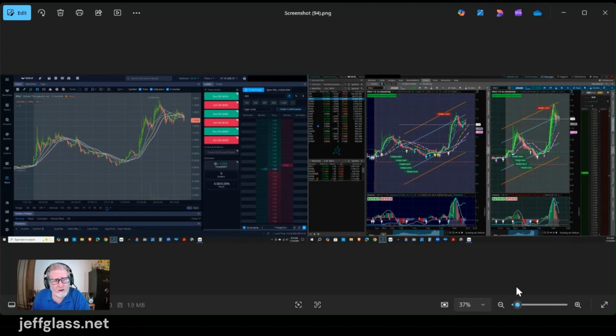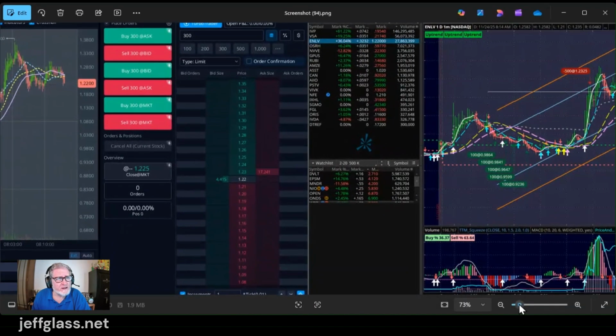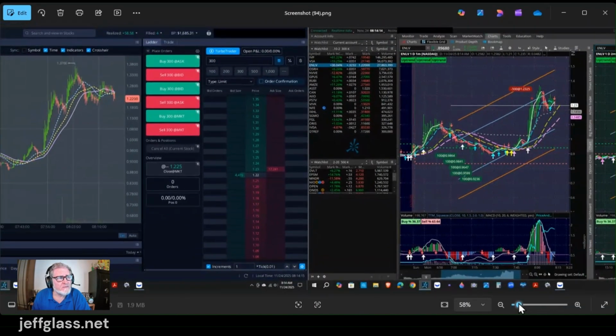Let me enlarge that for you and see if we can't. Come on, there we go. That's pretty good. Make that a little better here. So this is the 1-minute chart on thinkorswim. This is a 15-second chart over here. So as you can see,